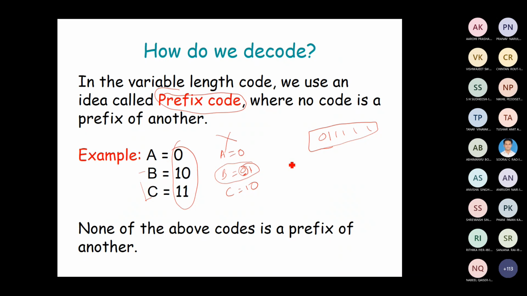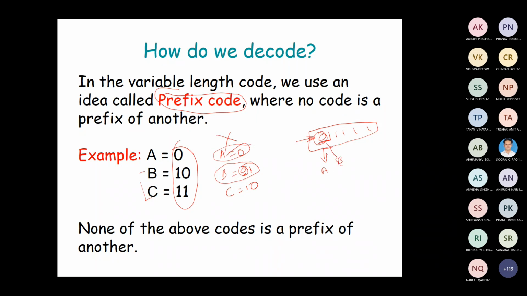If I try to decode this, I cannot produce the unique information at the receiving end. Since it is a variable length code, I extract the information bit by bit. The first bit is 0, so I look for the symbol with the code 0. If I look at my table, 0 is assigned to the code A, so I interpret this as an A. But actually, I wanted to receive 0, 1 as a B in this case. So this is not a prefix code.